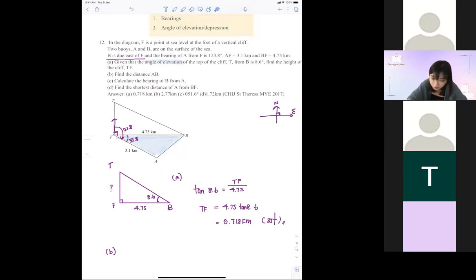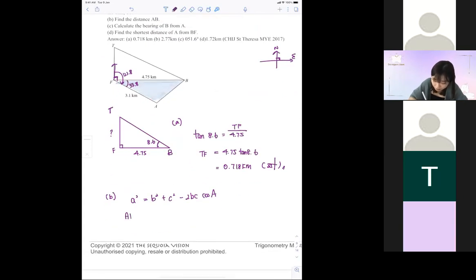Since this is a non-right angle triangle, let's see if we can use sine rule. Opposite, one unknown; here, one unknown. You've got two unknowns, so we cannot use sine rule. We must use cosine rule. So write down the cosine rule again: a squared equals b squared plus c squared minus 2bc cos A. Spot the length a. This is the angle opposite, this is your length a. So AB squared is